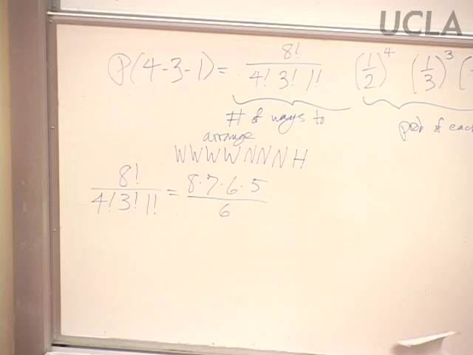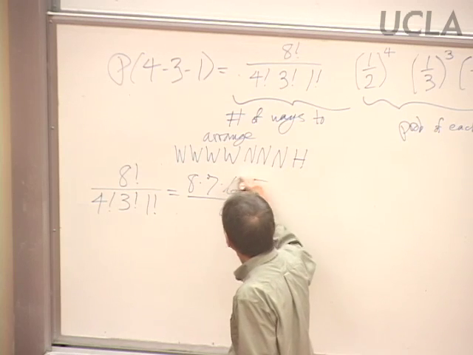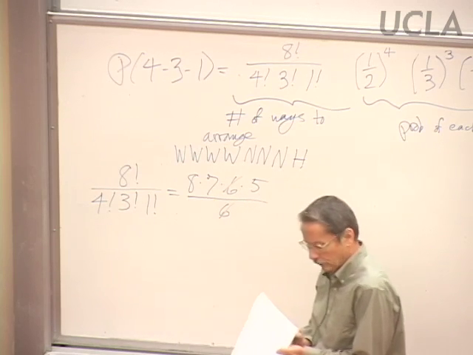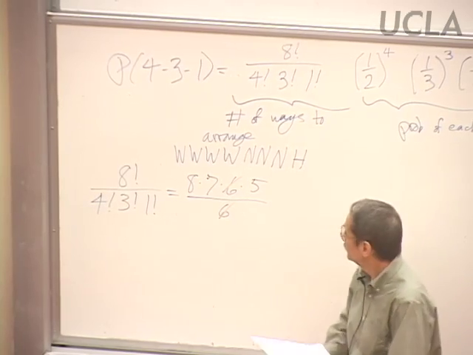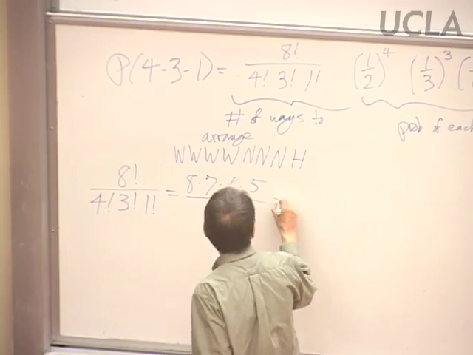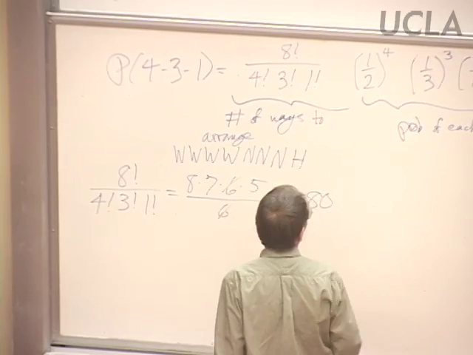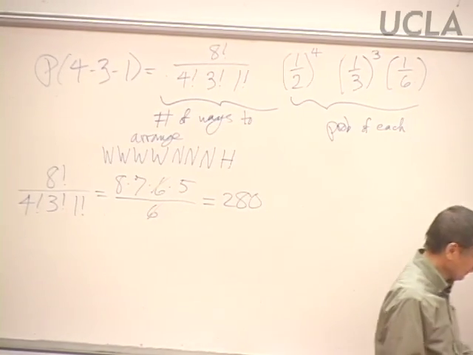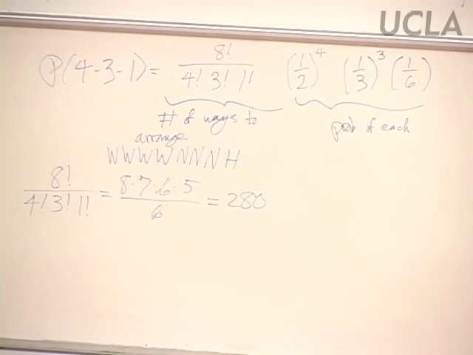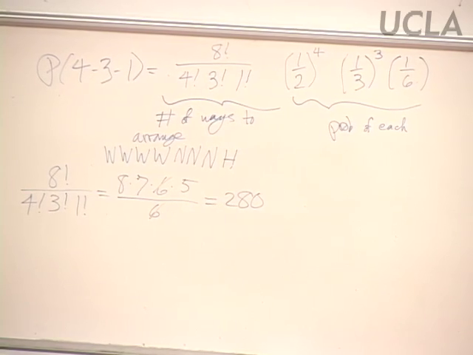The 6's cancel. 40 times 7. There are 280 of these, but then we have to